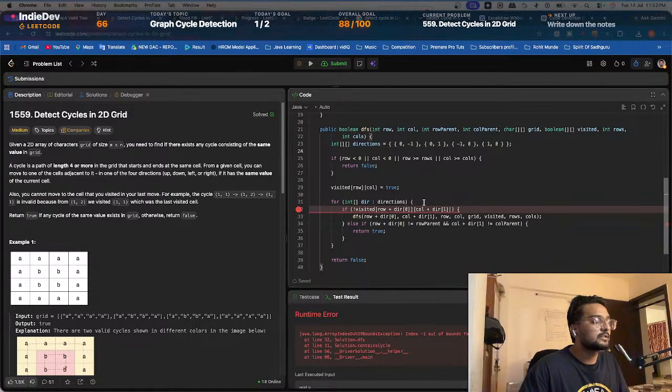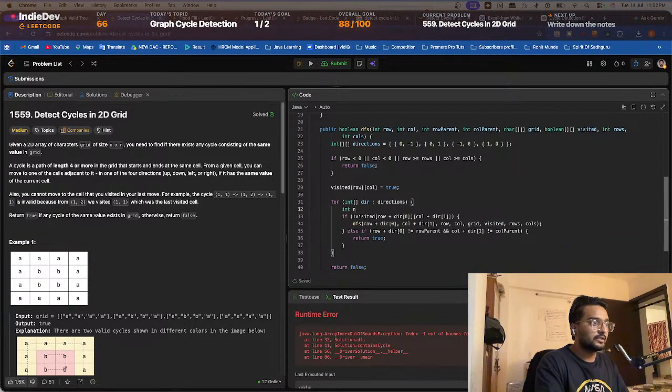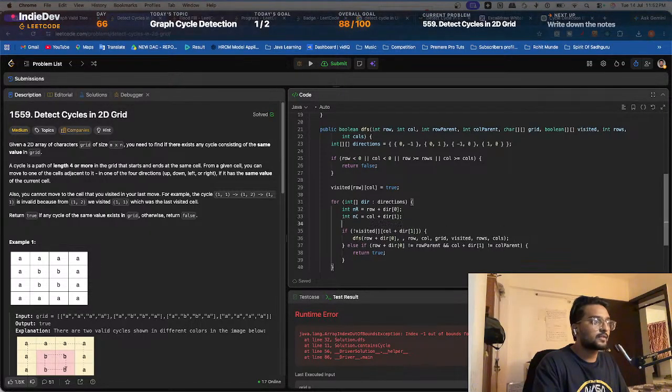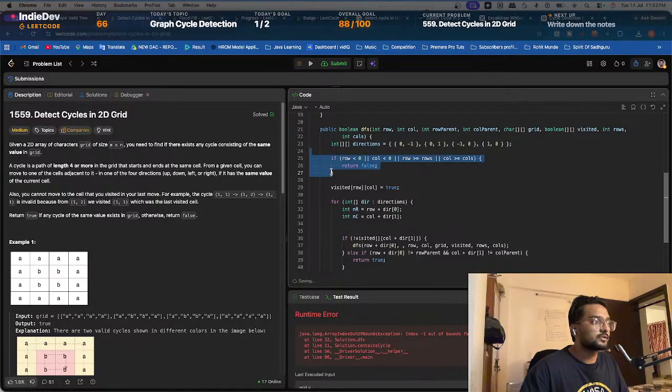So I have to take, like, int new row is equal to this, and int new column is equal to this. Okay, and this condition,